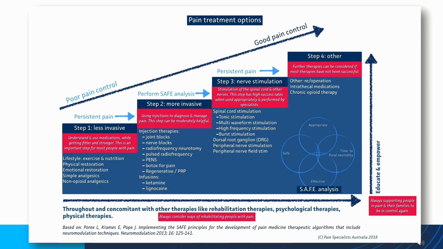Simple. At all times, you're thinking about the bottom aspects of the graph. You're thinking about rehabilitating patients. You've always got to consider that no matter where you are in the treatment algorithm. Come back to what rehabilitation needs to happen. The side is empowering your patients and giving your patients information. The more information they have, the more knowledge they have.